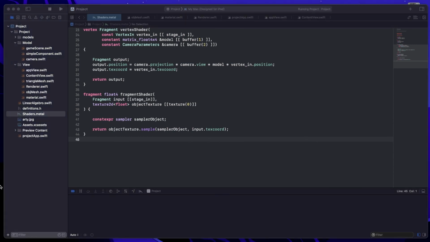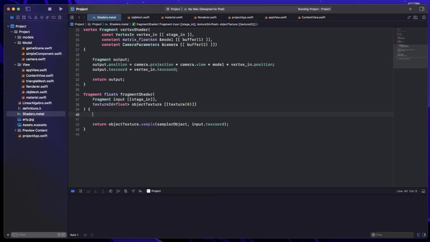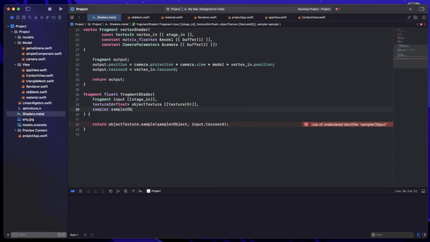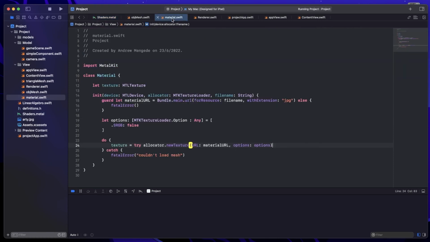So what we can do is just get rid of this and instead take it as a parameter for our function. Great. So now what we need to do is create a sampler and bind that in. So if we go back to the material class,